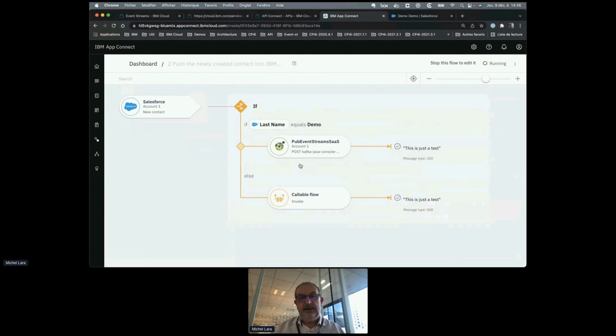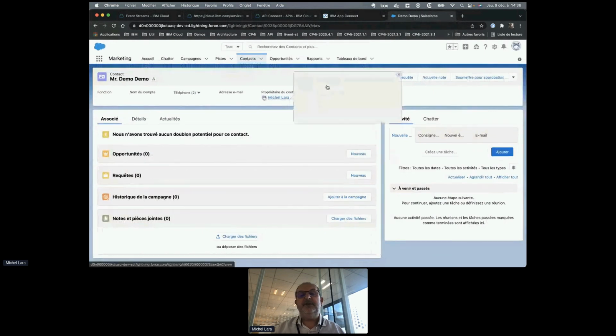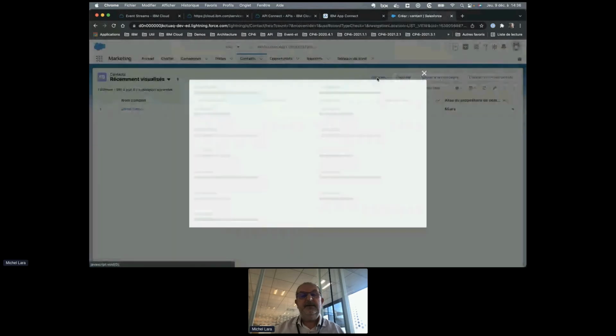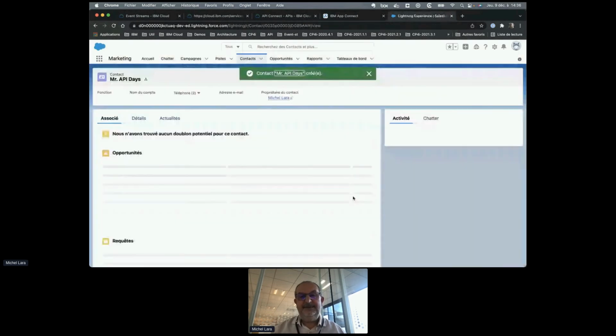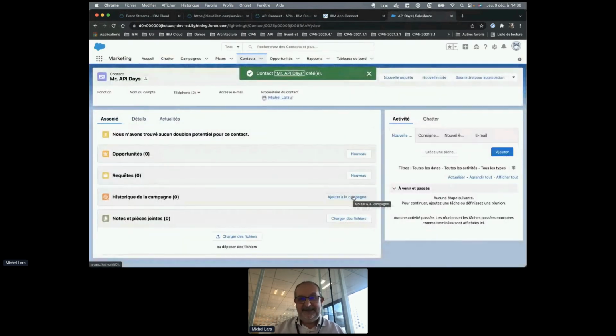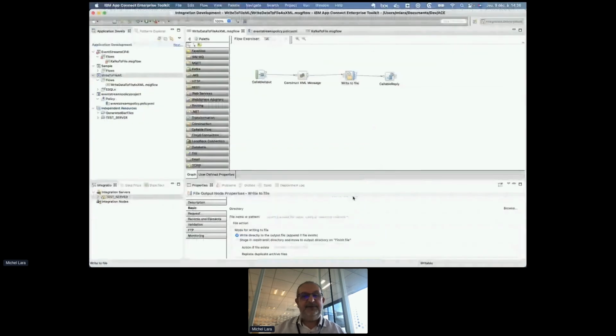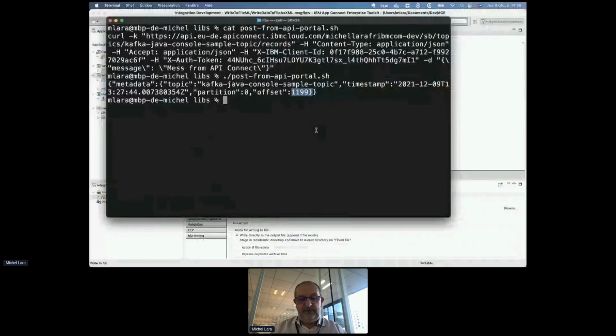Okay. Now we will test it. We will test it again to test the second part. Returning on Salesforce, I will create a new contact. Not demo, of course. So API is okay. I keep my fingers crossed. Joking. Okay. And now, if I return to my computer, if I look to